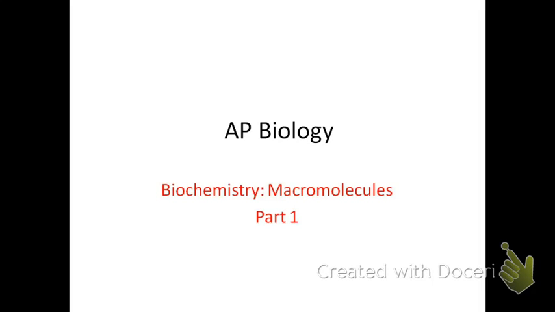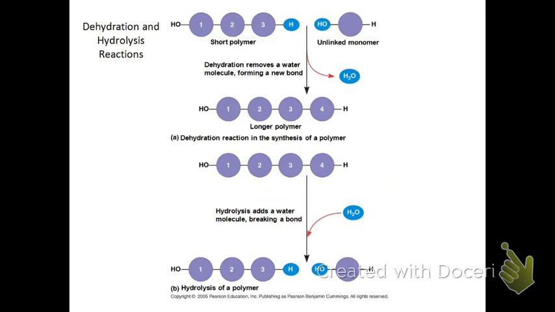Today we're going to be continuing our discussion on biochemistry, and in particular we're going to be looking at macromolecules. So if we look at the word macromolecule, you can break that apart. Macro means large, so we're talking about large molecules. Well, these large molecules are essentially made up of many polymers. If we break this word apart, we're looking at poly, meaning many, mer being unit, so we're talking about many